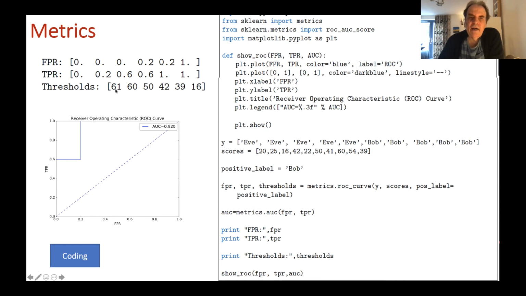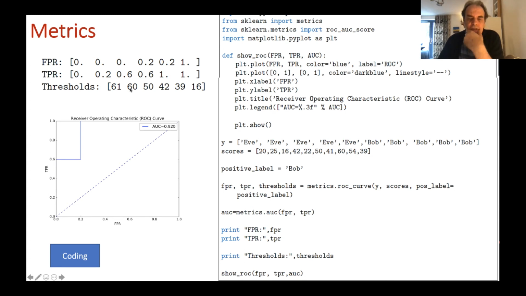So if we create a threshold of 61, then actually we get 0 and 0, because obviously 61 isn't going to classify either Bob or Eve as being positive or as being Bob.